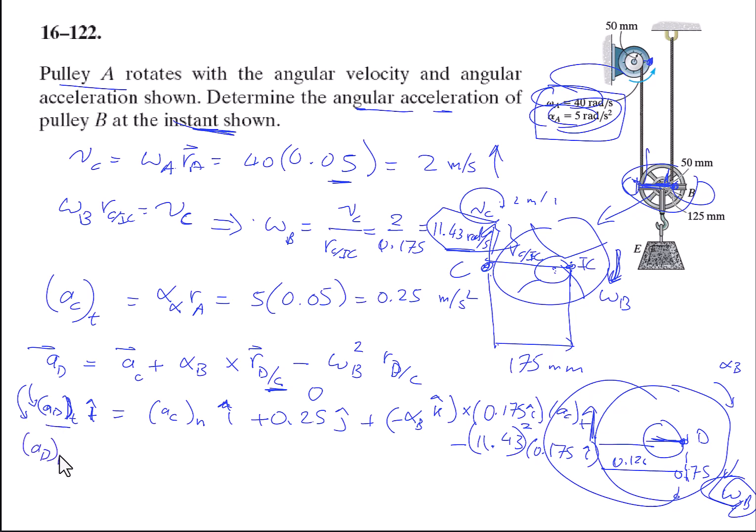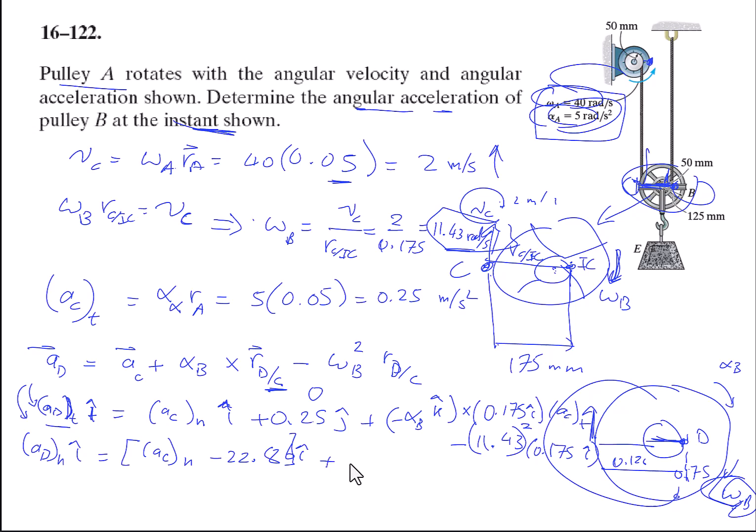So this is the normal component in the I direction. This is A C in the normal direction, minus 22.86 in the I direction, all of them in the I direction actually,